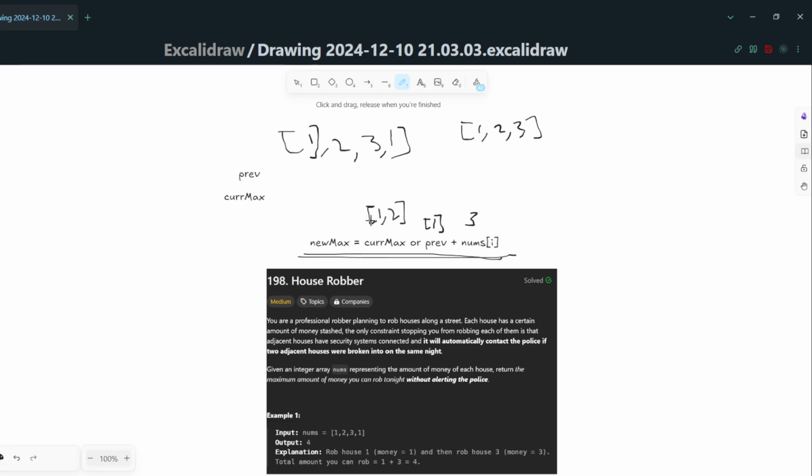So in a similar idea, basically this current max would be 2, and this is 1. So then you can rob, the maximum here is 1, and you can add 3 to it, or you can rob these two houses, which would be 2. And basically you just repeat that as you iterate down the array. So let's show it with